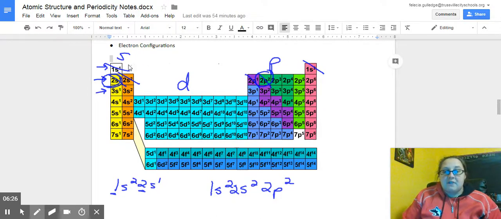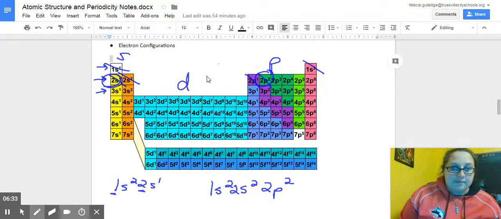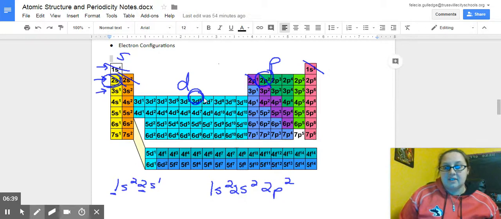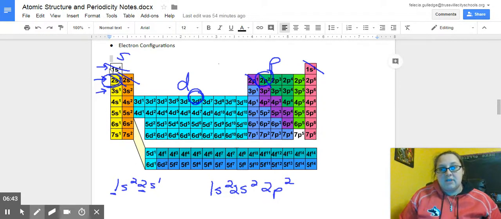You see I'm just following a roadmap until I get to that particular element there. Let's do one more. Let's do iron. Iron resides in this area right there. So that's where iron is. So if I want to do the electron configuration, it would be 1s2, 2s2,